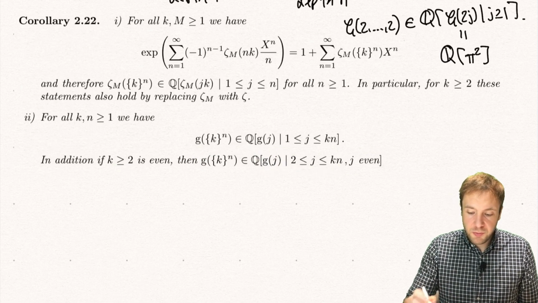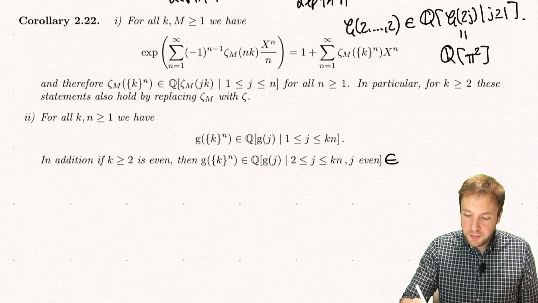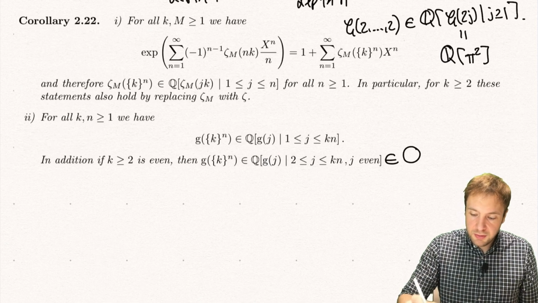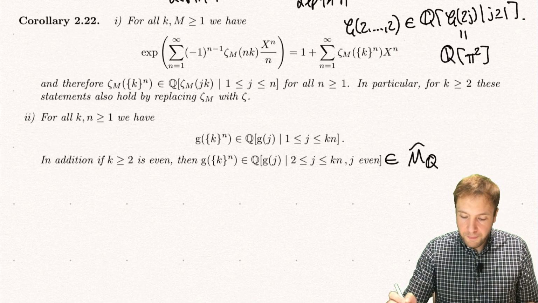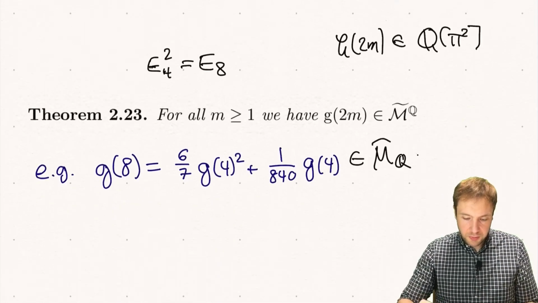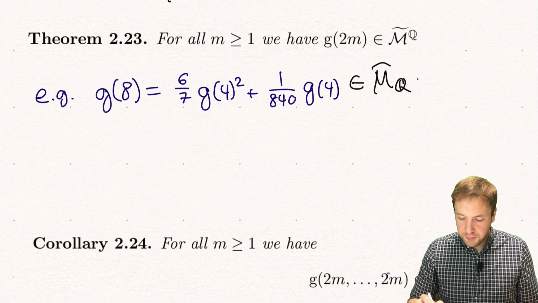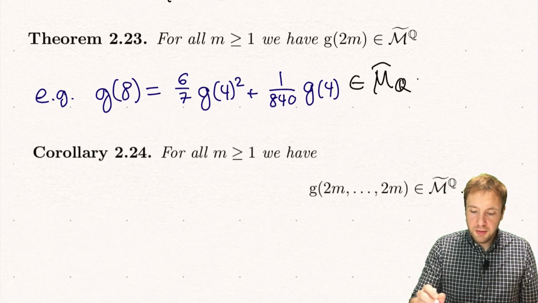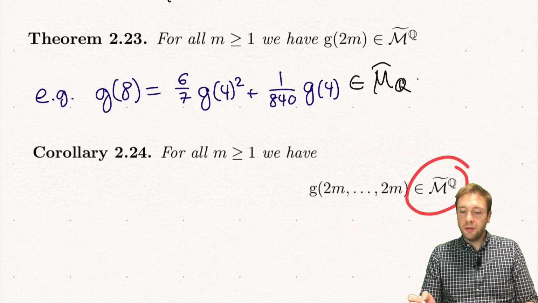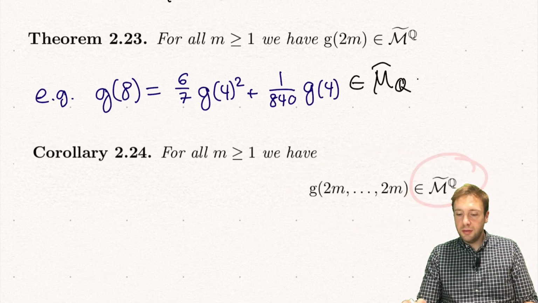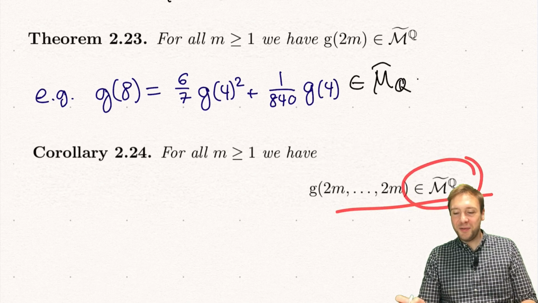And by the statement we just saw, this is an element in the space of quasi-modular forms. So in other words, we have this statement here, that these G's are quasi-modular forms,